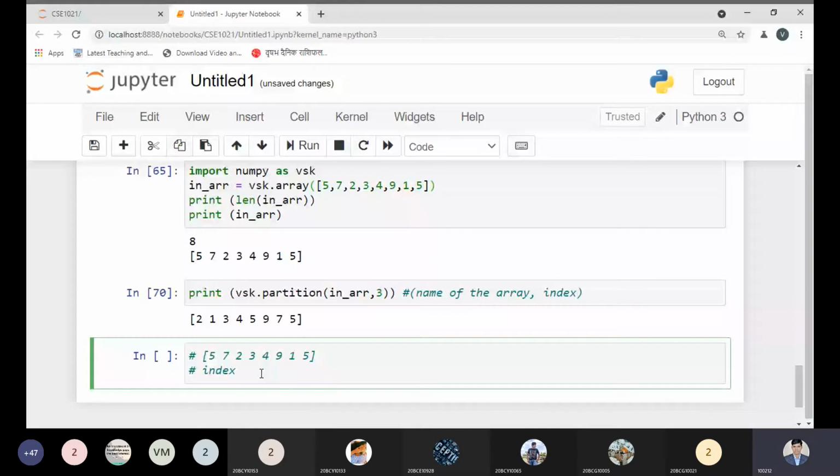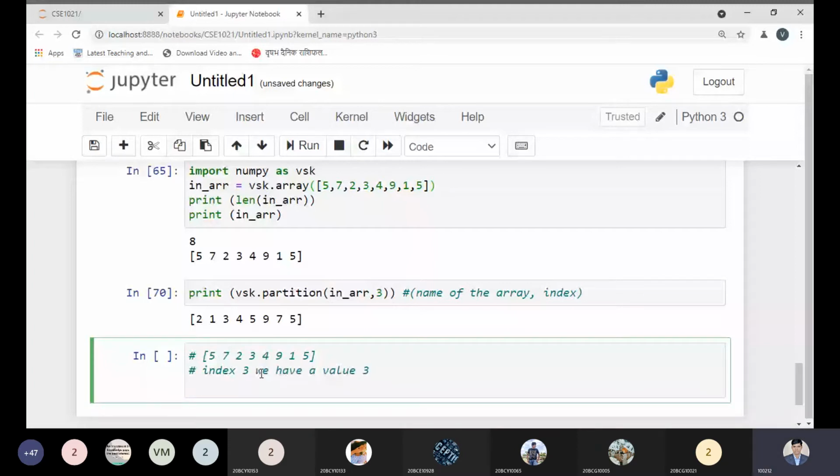So the values which are smaller than the 3 will come on the left side. Okay, so what are the values? The values less than 3.